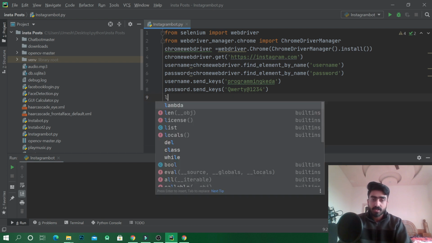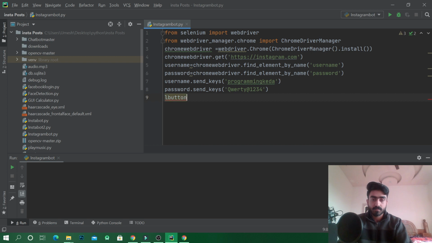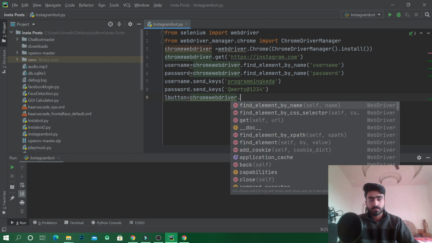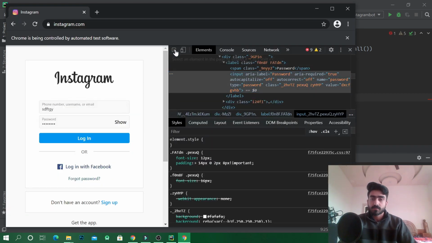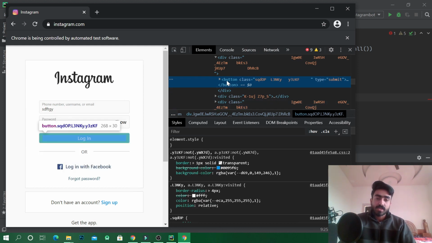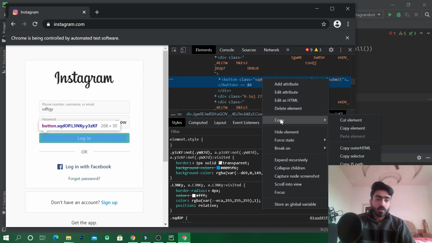We'll create a new variable, login button, which will be equal to chrome driver. As you can see, the HTML button element does not have a name value, so we will take a different approach to find this element in the web page. We will right click on this button tag and go to copy and copy the selector.